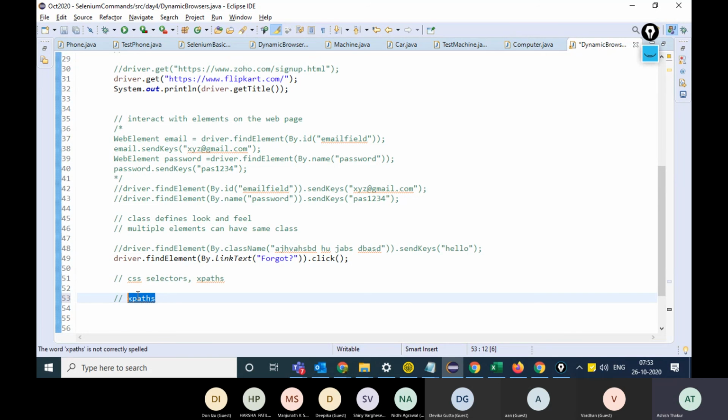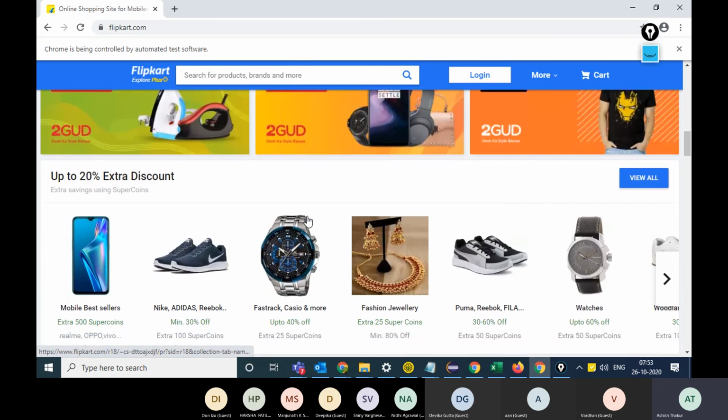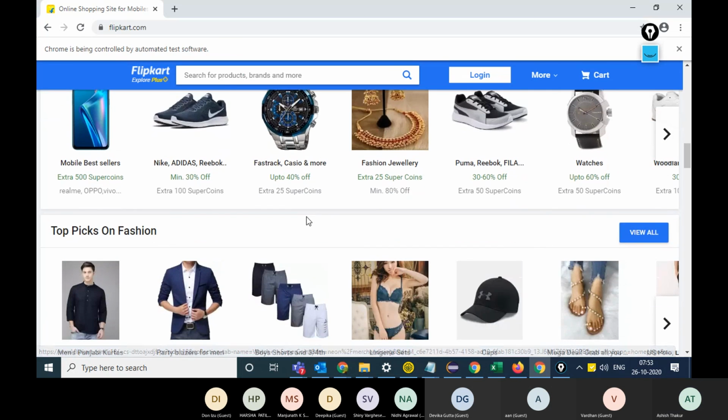You have an address, and that address uniquely identifies you. If somebody posts you a letter, that letter will reach your house through routing just because you have a unique address. Similarly, XPath is like the address of an element on the web page. Every element on the web page can have a unique XPath.